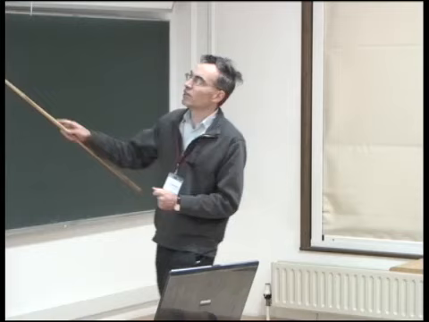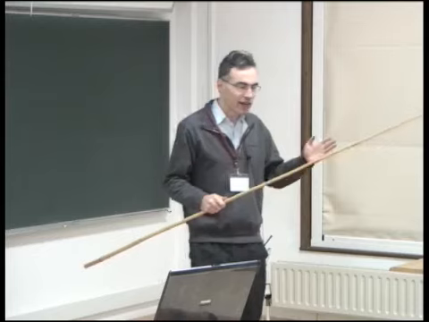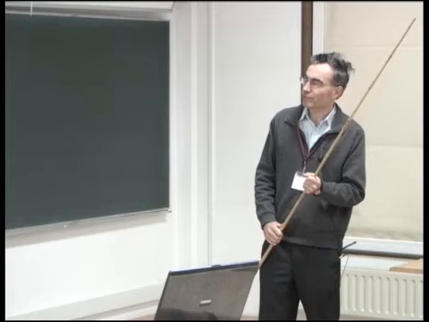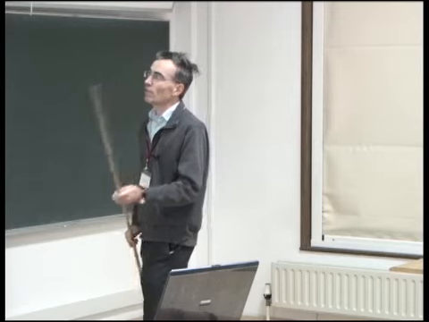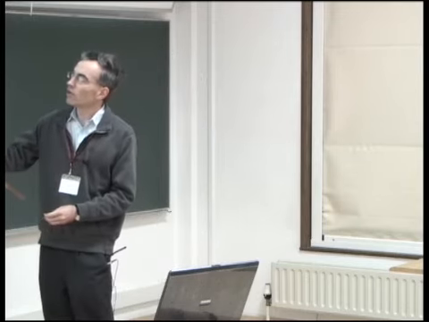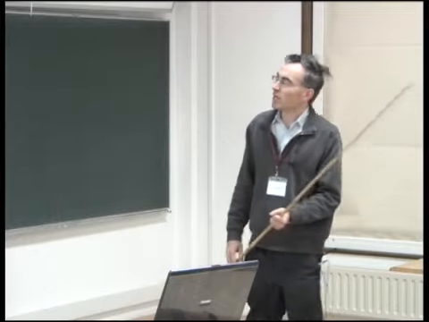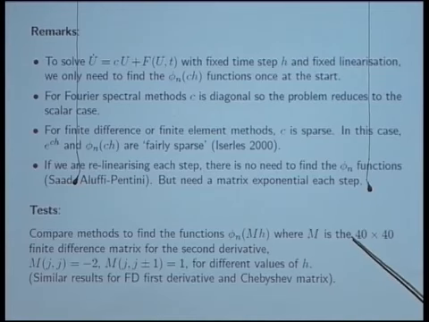But in that case, if we do relinearize, we need to work out a matrix exponential, or at least the action of a matrix exponential on a vector at each time step. So we've done some tests on various methods to evaluate these phi functions on a matrix M times our step size H, and the ones I'm going to show are for a 40 by 40